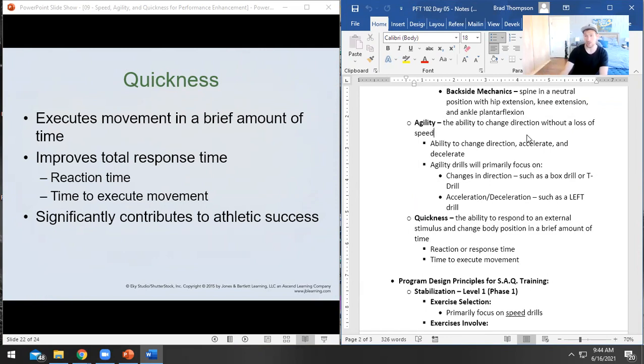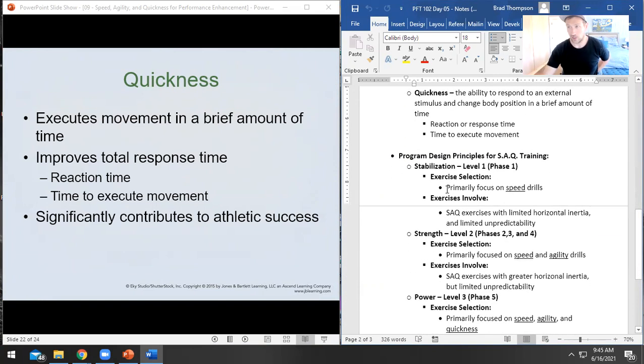Agility is changes in direction that I am overall traveling. It's like a macro, right? The main way that my whole body is changing direction, that's agility. Quickness is responding to my body position. Like if I were running and someone threw something at me and I had to turn and catch it, that's a quickness drill. Or if I had to respond to something as it happens, and I don't know when it's going to happen, and then I have to change body position, that's a quickness drill.